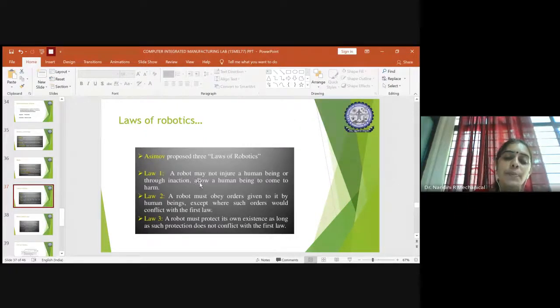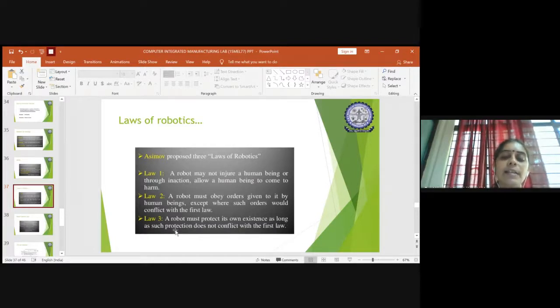A robo should be in the place where it has to be. A human should be in the place where he has to be. But with the help of robo, we have to move ahead with the increasing rate of technologies. To achieve that, all these laws have to be satisfied. The last law is that a robo must protect its own existence.